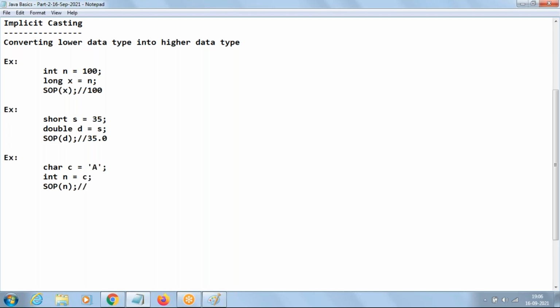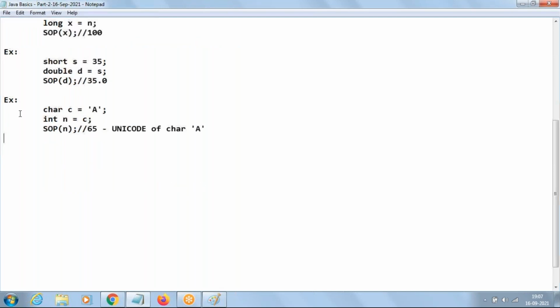ASCII value of A, that is capital A, that is 65. It's going to display 65. This we call Unicode, the Unicode of character A. Now, Unicode or ASCII code, both the meanings are same.